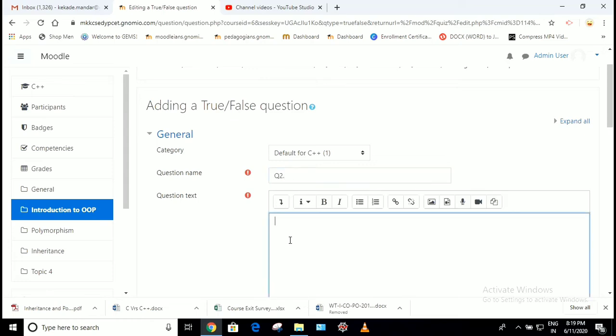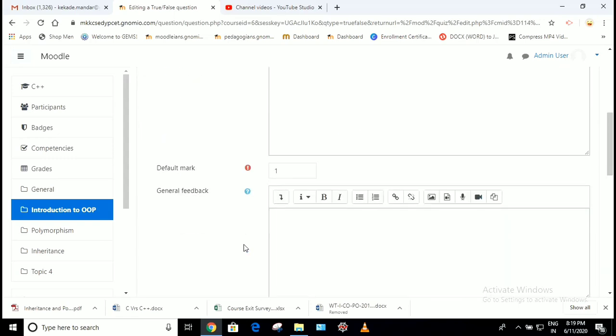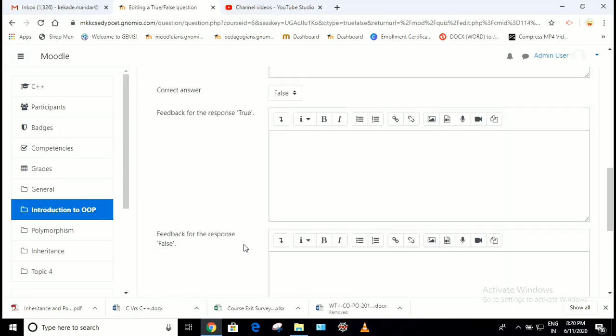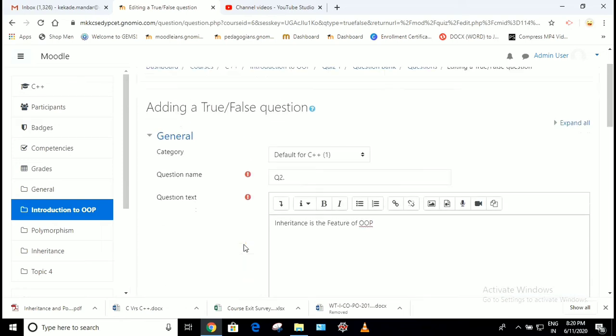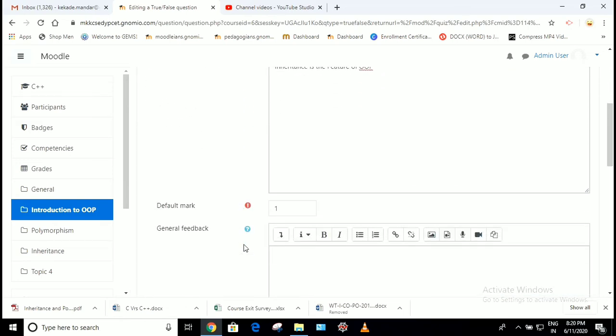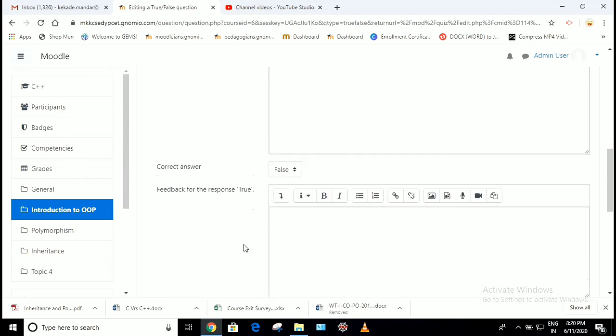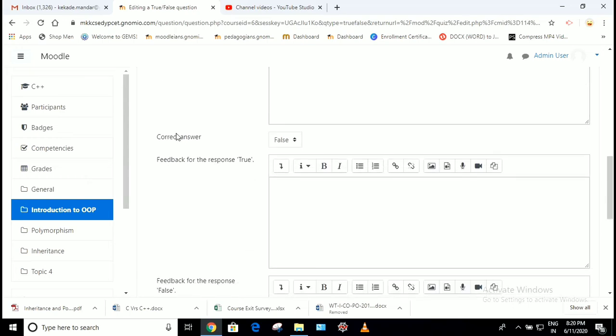What is the question? Okay, inheritance is the feature of OOP. So we have to just check whether it is true or false. Then come below to the correct answer part.